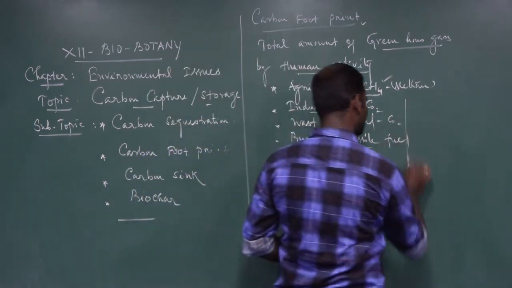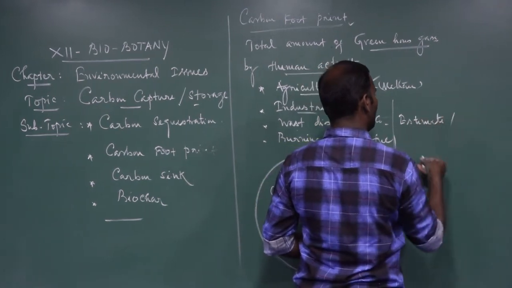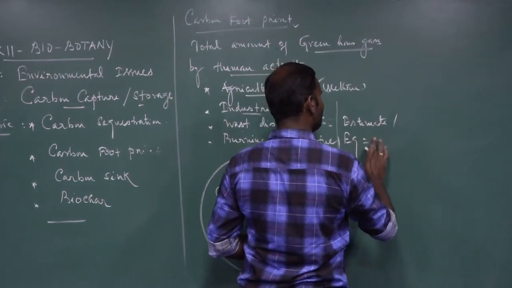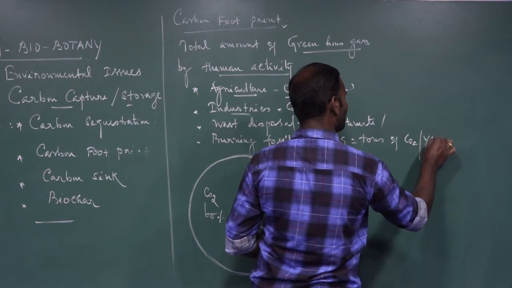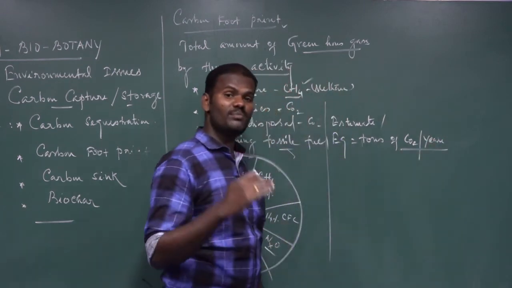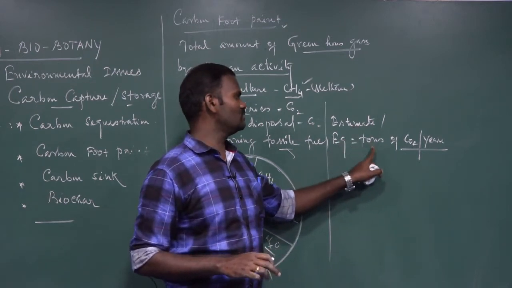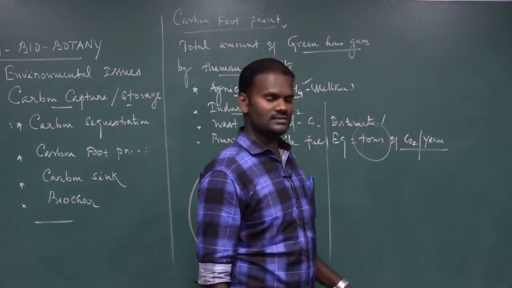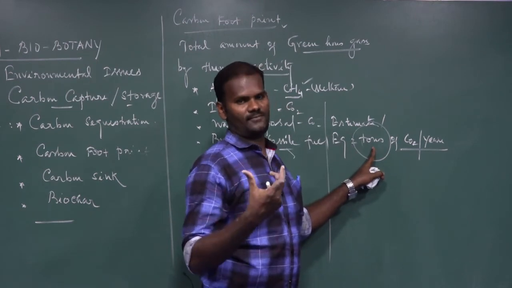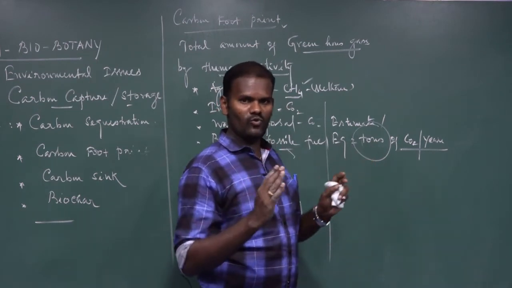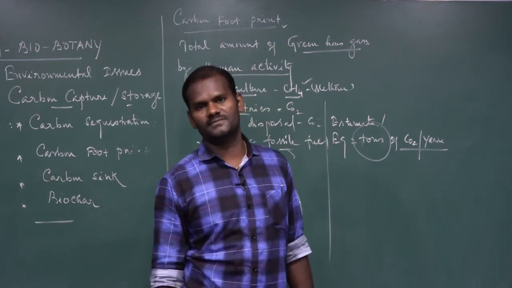How can we measure it? It is estimated in tons, equivalent to tons of carbon dioxide per year or annum. How can we measure the carbon dioxide emission by individual people? It can be estimated as equal to tons of carbon dioxide per year. We know that 1 ton is equal to 1000 kg. அப்போ கிலோ கணக்கில் டன் ஆஃப் கார்பன் டை per annum ஒரு வருஷத்துக்கு எவ்வளவு டன்ஸ் ஆஃப் கார்பன் டை ஆக்சைடு ரிலீஸ் பண்ணுறோம், இதை மெஷர் பண்ணுறது பேர் தான் கார்பன் ஃபுட் பிரிண்ட்.